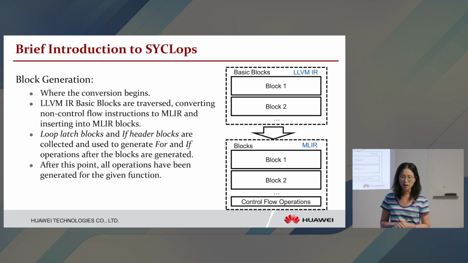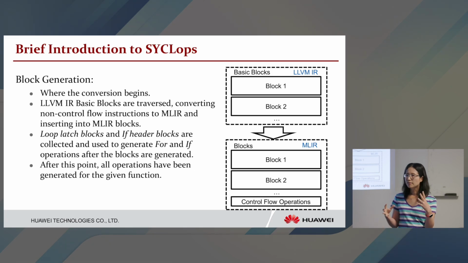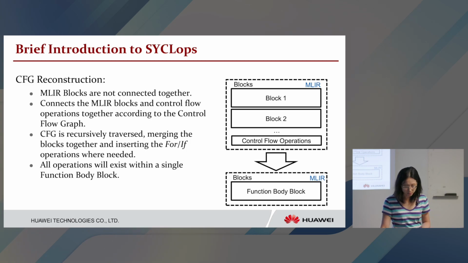So at this point, all the operations have been generated, but they are not put together in a coherent manner. They are just there, waiting to be hooked up in a way that corresponds to the original CFG. Okay, so that's the generation part, and now we move on to,